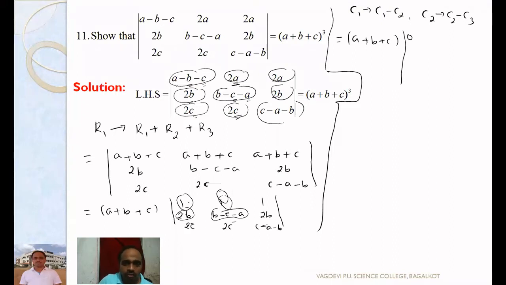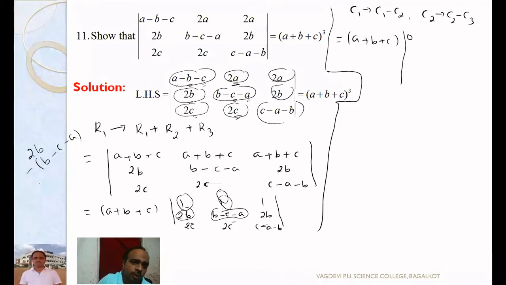So 2b minus of this, I will do it in the margin. Write like this in the rough work. 2b minus, compulsorily you have to put a bracket. Whenever there is a minus sign, always put a bracket. 2b minus into bracket, b minus c minus a. Where does b minus c minus a come from? It is in the second column, you can see. So C1 minus C2: C1 means 2b, minus of C2, which means b minus c minus a.